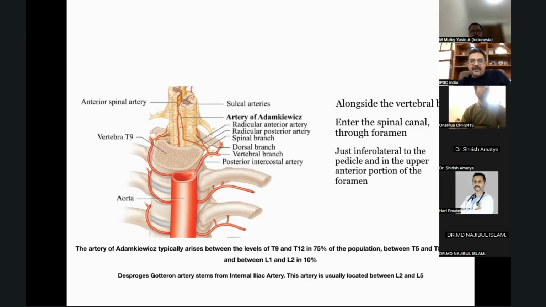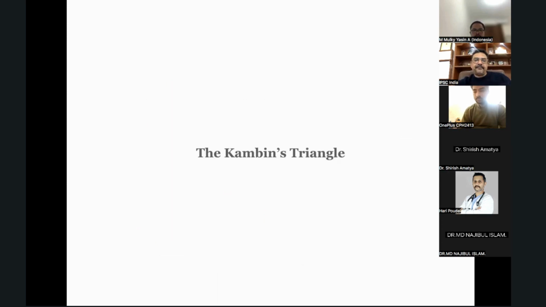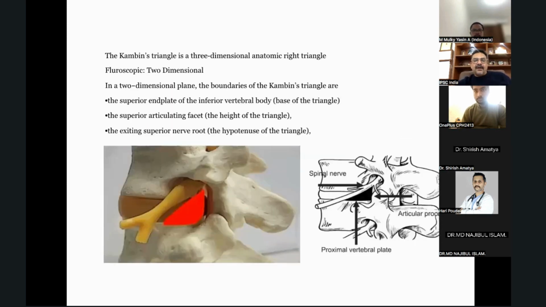No, the artery of Adamkiewicz, I think most of the time it's on the left. Yes. So can we strengthen